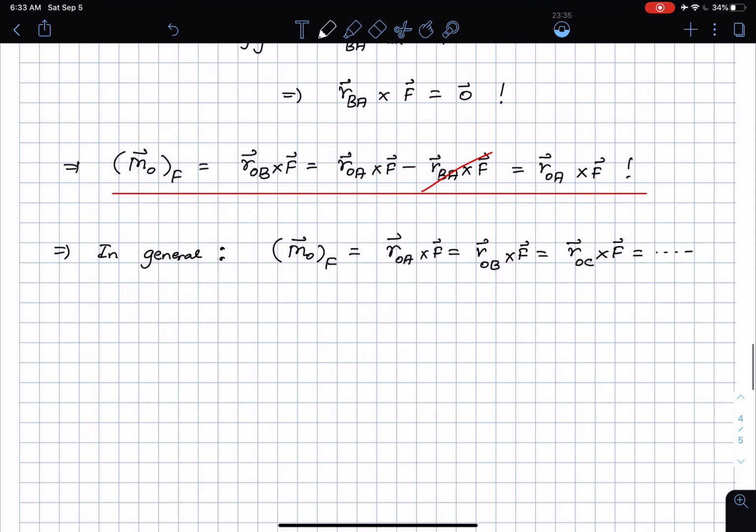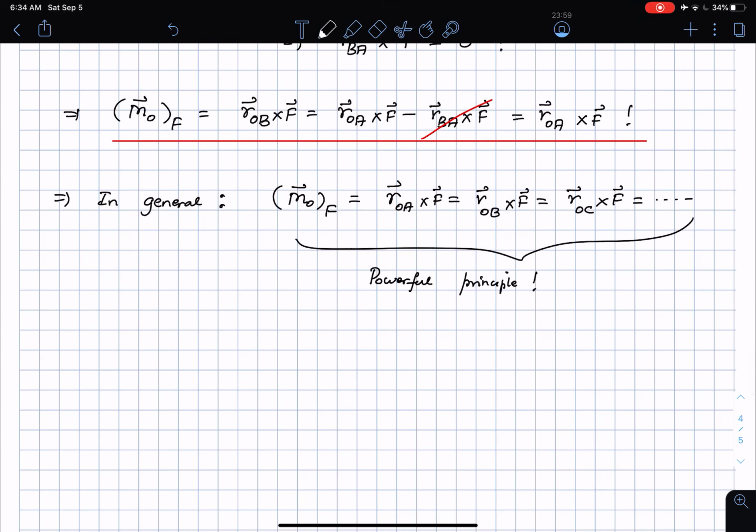And so this is a fairly powerful statement that I want you to understand really well. Okay, this is very powerful. It's a powerful and very useful principle. In a sense, it's called the principle of the transmissibility of the moment. Okay, so the moral of the story is as follows. So in summary,